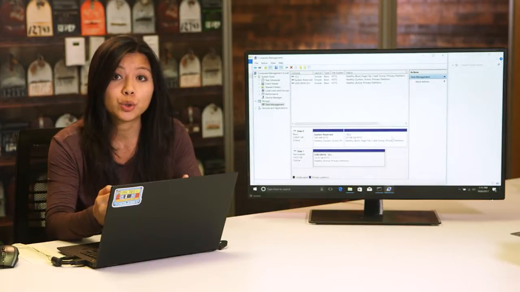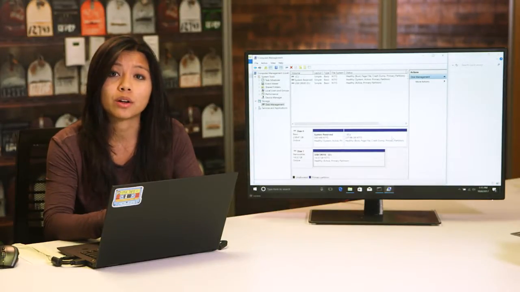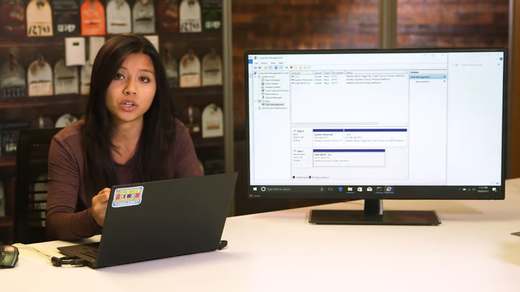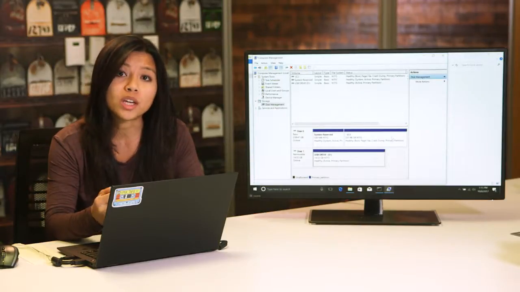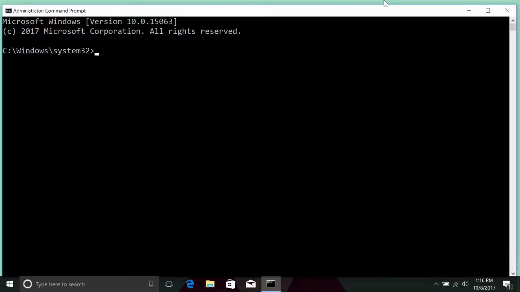Using the GUI is pretty intuitive, but there's also a command line way to accomplish the same task. This can come in handy if you need to automate disk partitioning. To do disk manipulation from the CLI, we'll dive into a tool called DiskPart. DiskPart is a terminal-based tool built for managing disks right from the command line. Let's format our thumb drive again, but using DiskPart instead of the GUI.